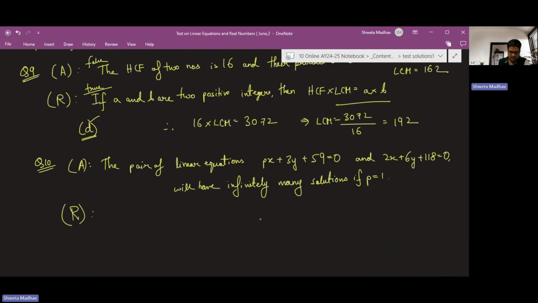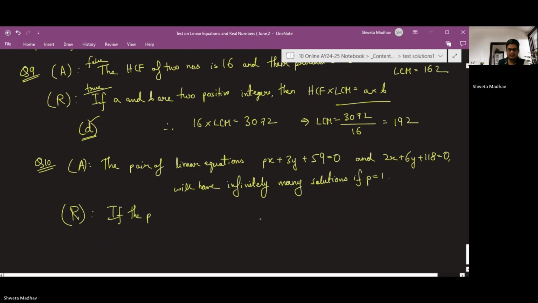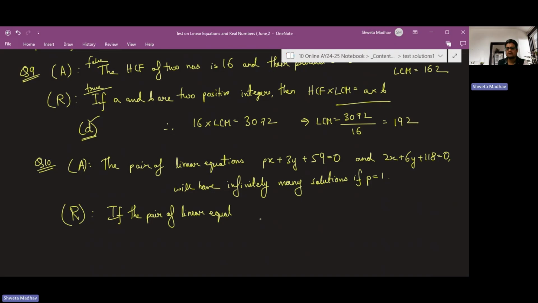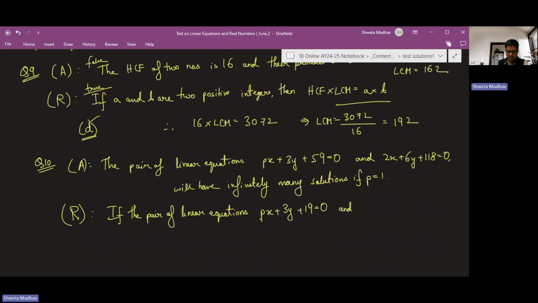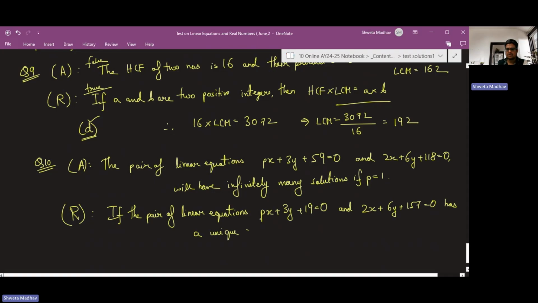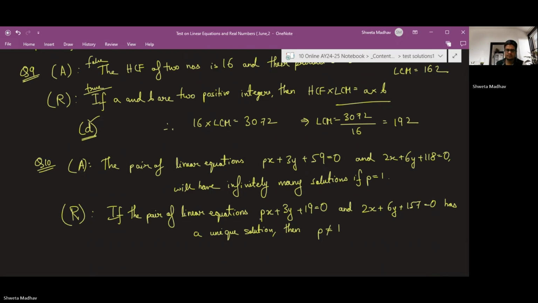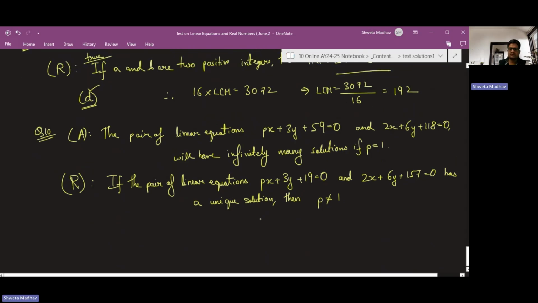The reason is given as: if the pair of linear equations Px plus 3y plus 19 equal to 0 and 2x plus 6y plus 157 equal to 0 has a unique solution, then P is not equal to 1. So here, as you can see,